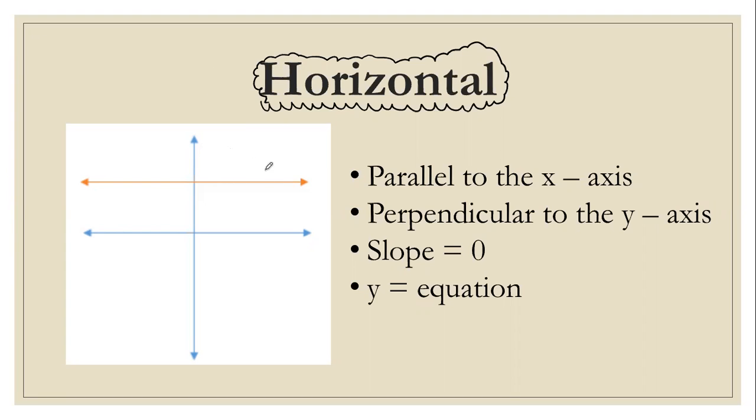But anyways, these are the facts that we need to know about horizontal lines. A horizontal line is parallel to the x-axis. It has the same